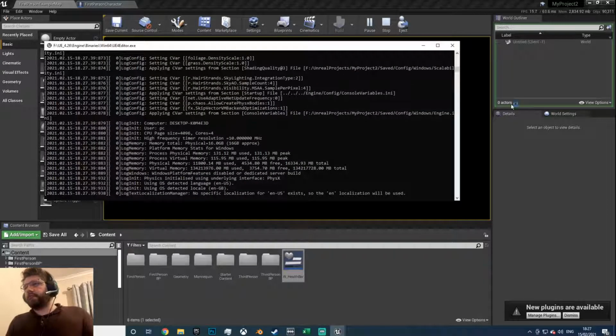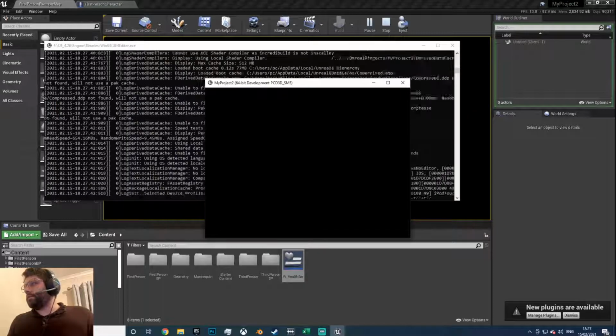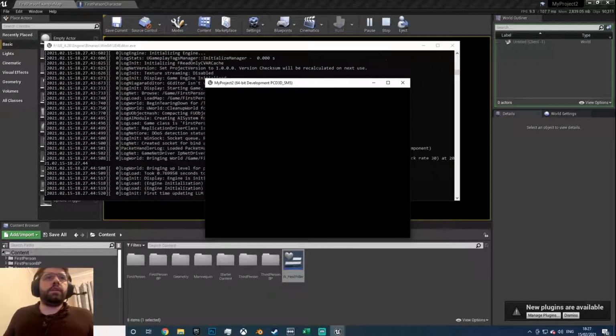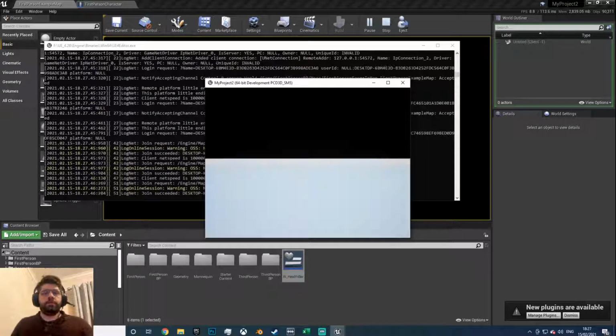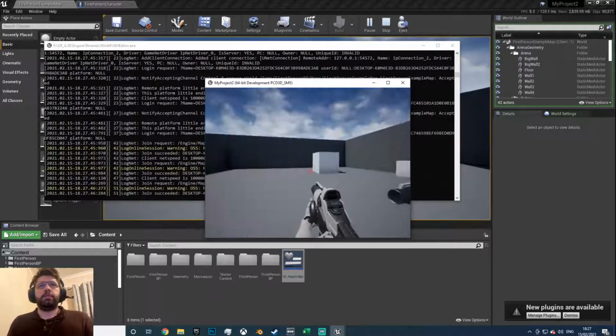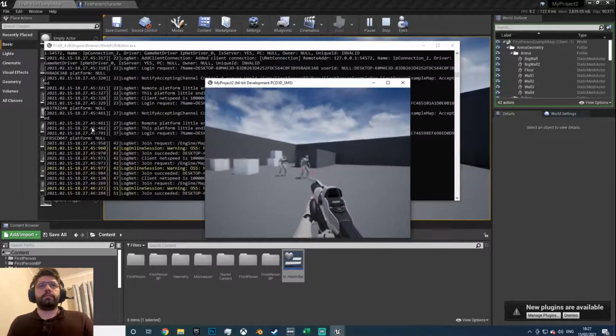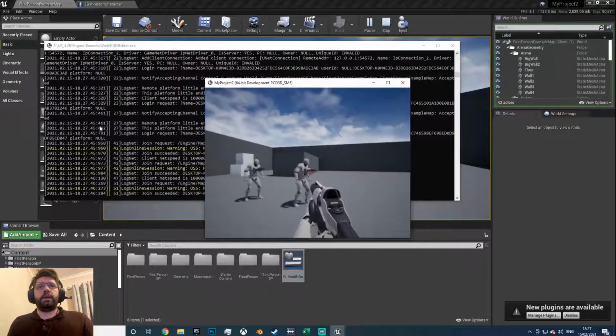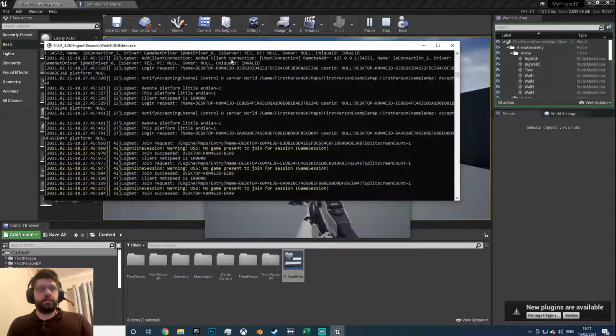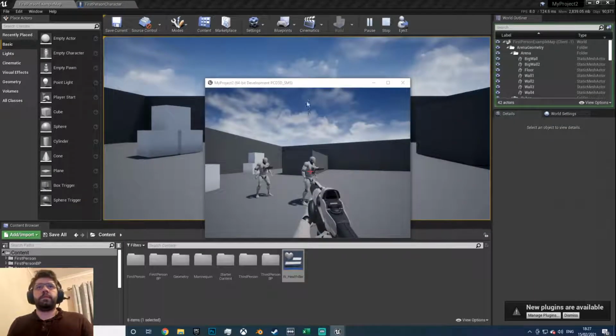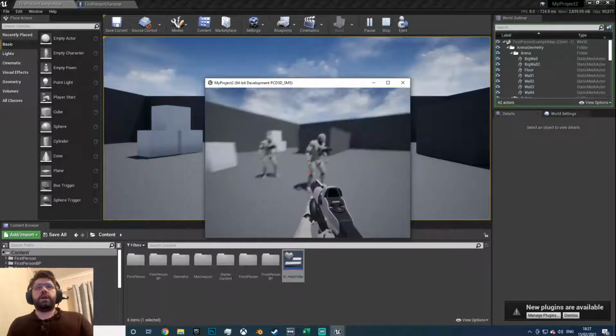Give everything a second to load up. What time are we at? 32. Okay, it's getting a little bit long, but we're pretty much done now. So this player, if he now shoots, sorry, move that out of the way. If he now shoots the line trace,